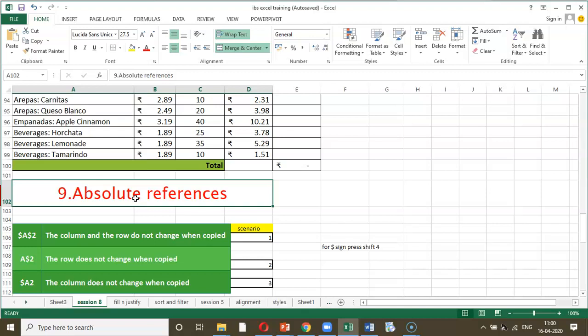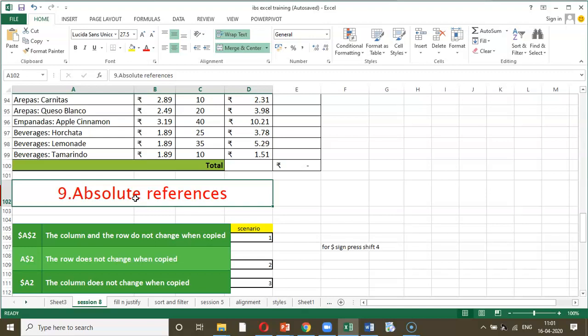In this we will be talking about absolute references. There may be times when you do not want a cell reference to change when filling cells. As discussed, unlike relative references, absolute references do not change when copied or filled. We can say that absolute references are used to keep a row or a column constant.